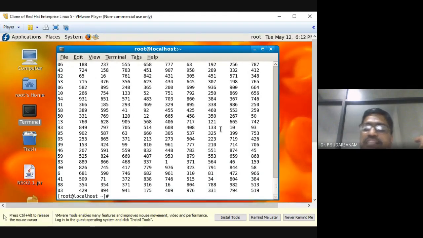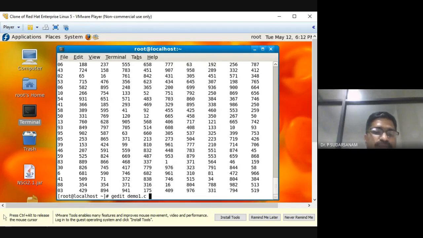Now the same concepts will be applied for binary search, linear search, merge sort, quick sort, insertion sort, all those things. Shall I go for the laboratory program now? You can see the code.